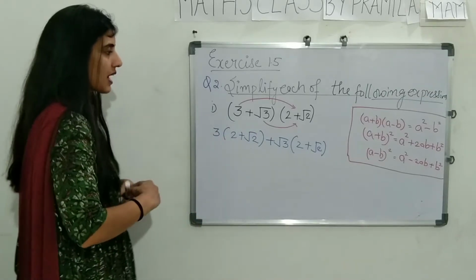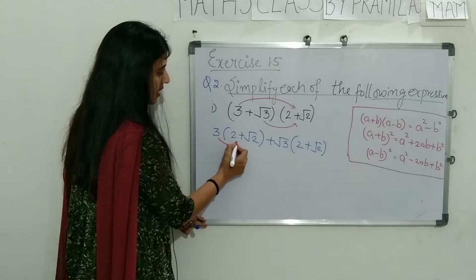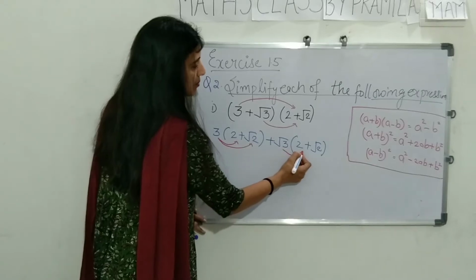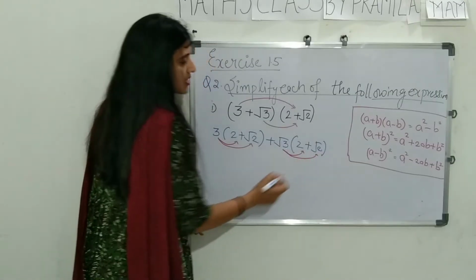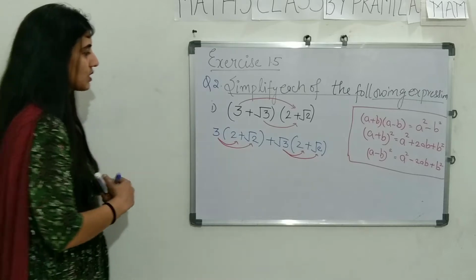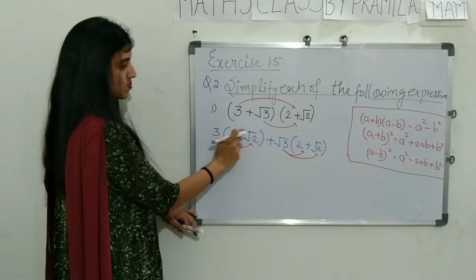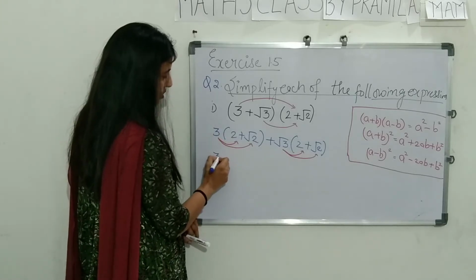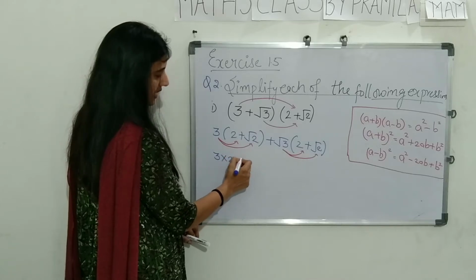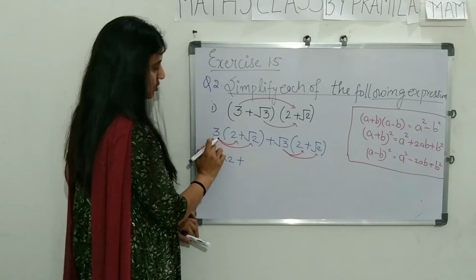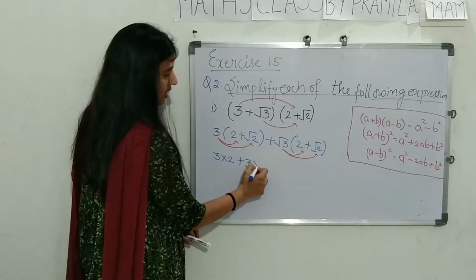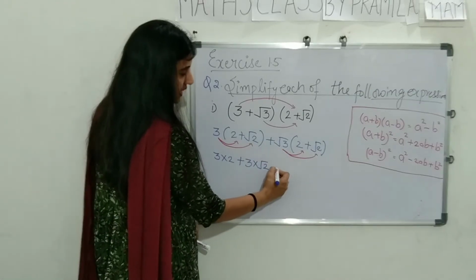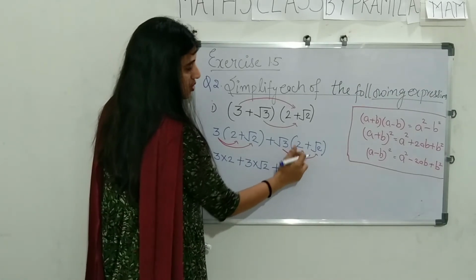Now we'll open the bracket. So how will we open the bracket? This 3 will multiply with 2 and this 3 later will multiply with this number. This root 3 multiplies with this number, later will multiply with this number. Are you clear, students? So what we'll do here, because this bracket is multiplication, 3 twos are 6, 3 into 2, plus, what is the sign? Plus, we'll write plus. 3 into root 3, 3 into root 2. Clear? Now again we'll put this plus sign. Now root 3 into 2.